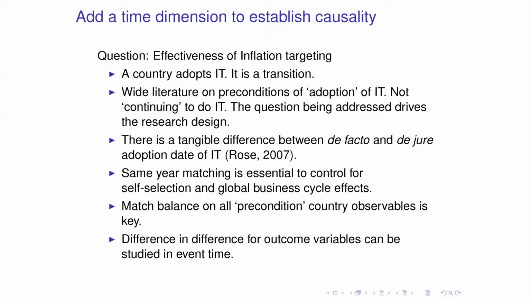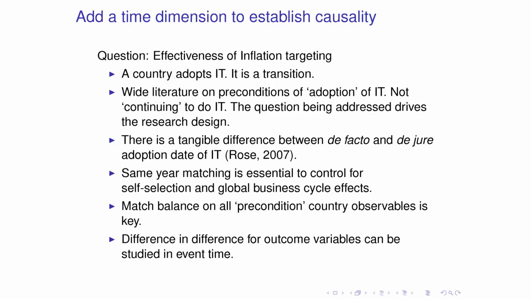My main comment is that there is a time dimension which is lacking in the paper. So first, a country adopts IT. It is a transition, and this transition, like I was speaking in the export paper, can be exploited, right? So it's important to understand what is the question, like are we trying to establish causality here? Because then this transition can be used for that purpose. Now there is also wide literature on preconditions of adoption of IT. Now this is different from continuing to do IT. So if we can get clarity on what is the question, that will